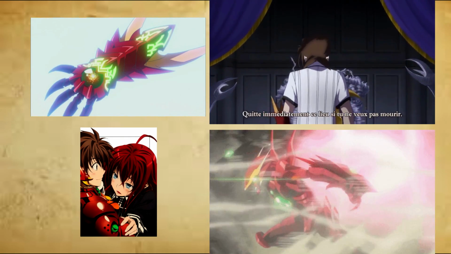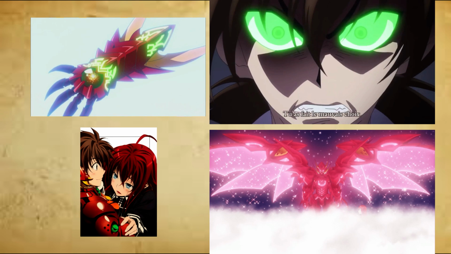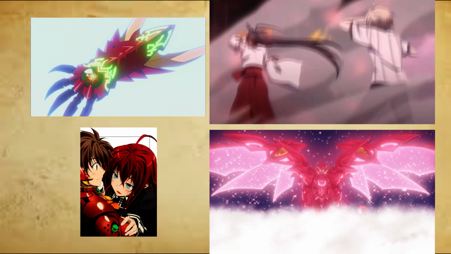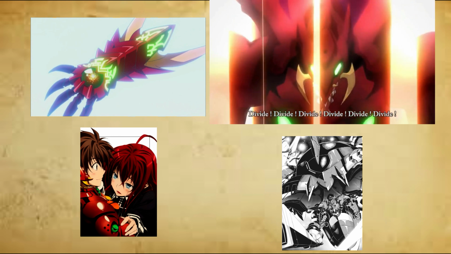Issei managed to change it so that the Wyverns could use either the White Dragon Emperor's powers or the Red Dragon Emperor's powers. The White Wyverns are able to use divide and reflect, and the Red Wyverns are able to boost, transfer and penetrate. Issei usually uses the Wyverns to reflect his dragon shots around so he can attack his opponents from different directions, but he also uses them to boost his powers to the limit, allowing him to use